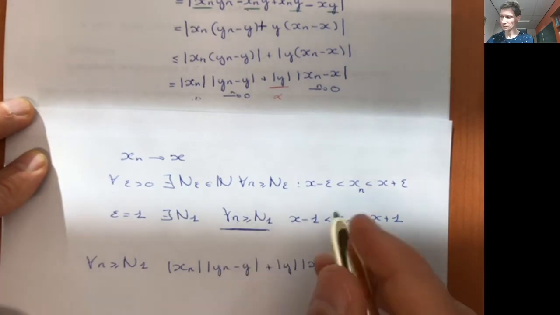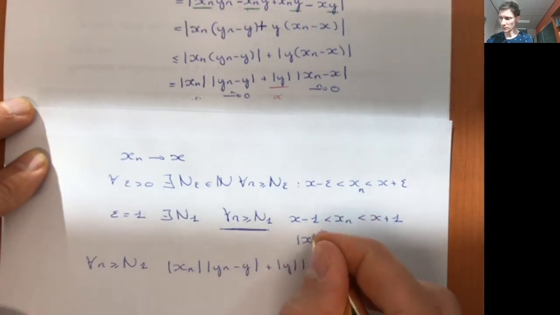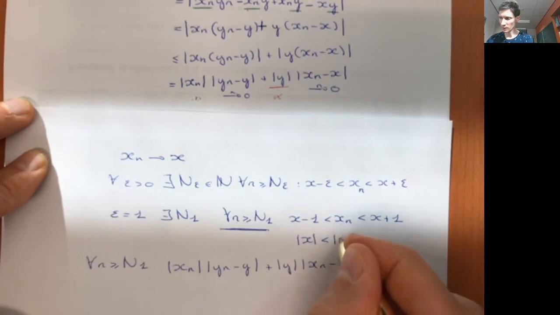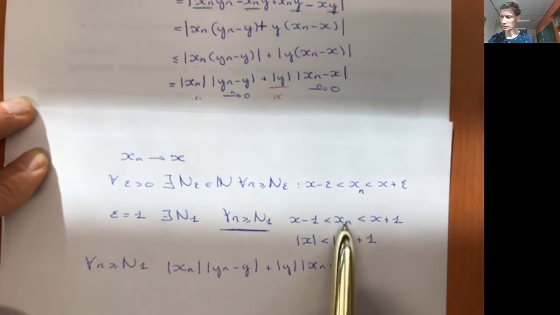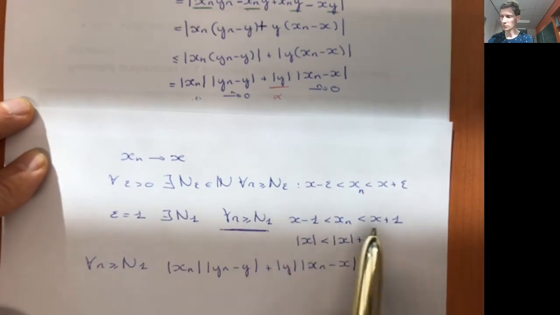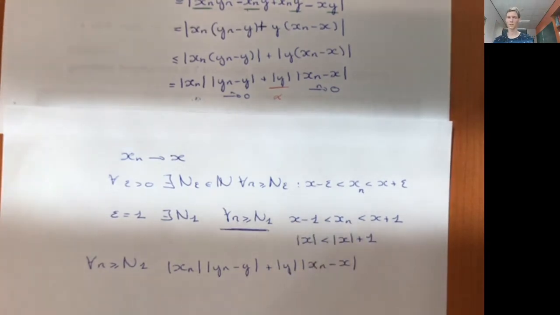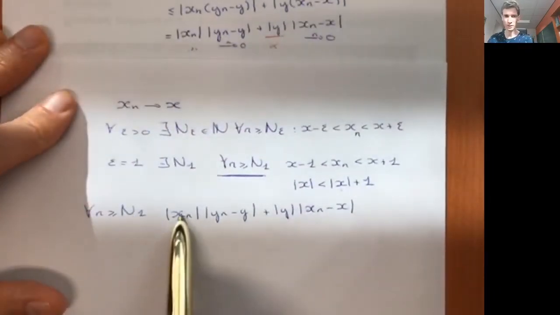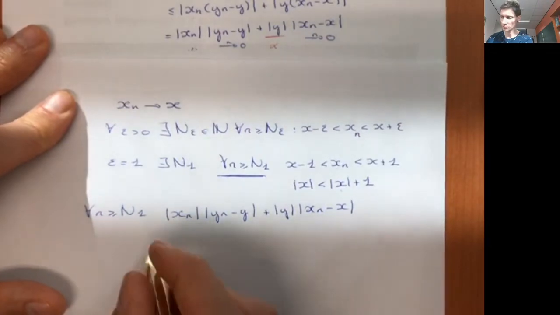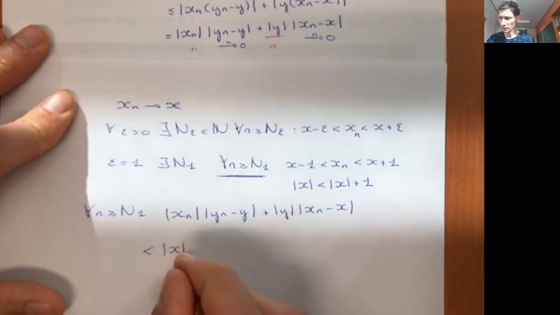So in absolute value, xn is no more than 1 away from the absolute value of x. So for all n bigger than n1, this is smaller than the absolute value of x plus 1